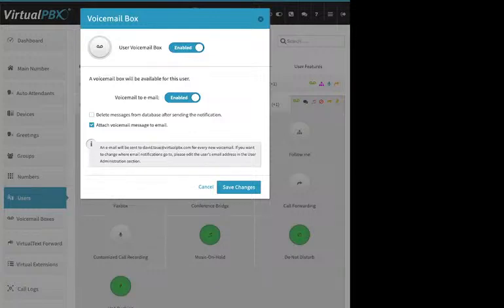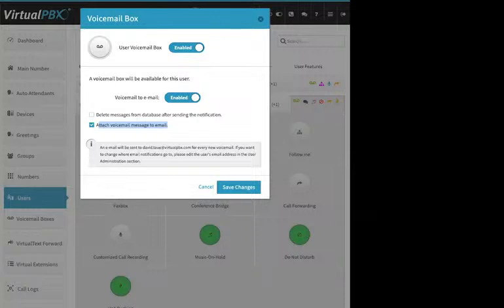Now, also by default, this option here is checked where you attach an MP3 file to the email notification, right? So you can just click on it and listen to it. You can always check your voicemail messages over the phone, right? From a VoIP phone, *98, click call, that logs you directly in your voicemail box. Even if you call into the main number, you can do *97 and then enter your voicemail box number, PIN number. You can also check your messages via the portal, which we'll get to when we get to the user